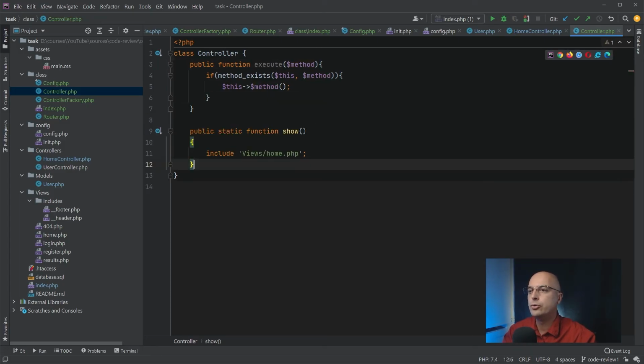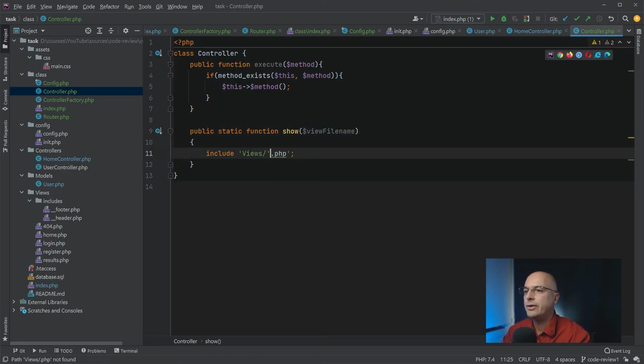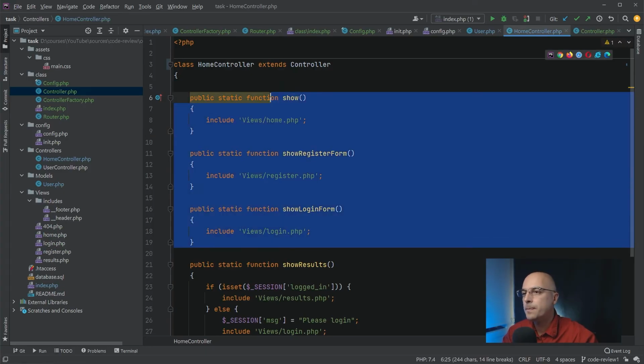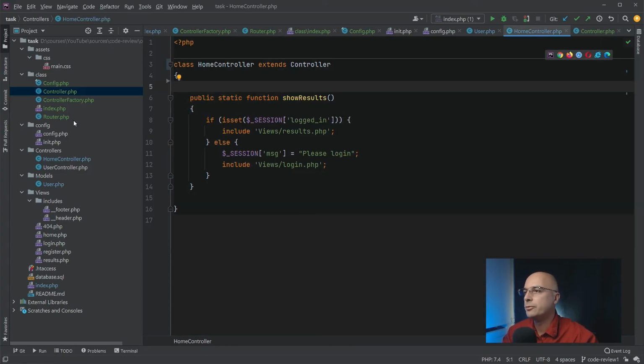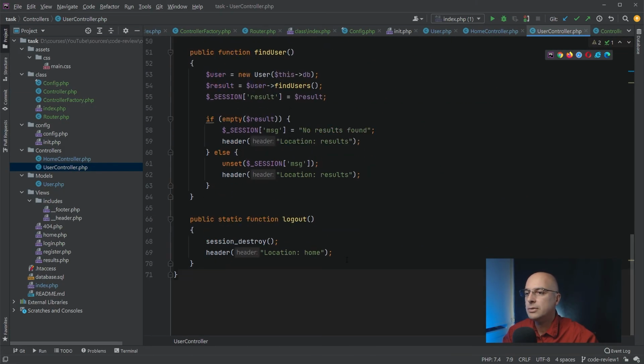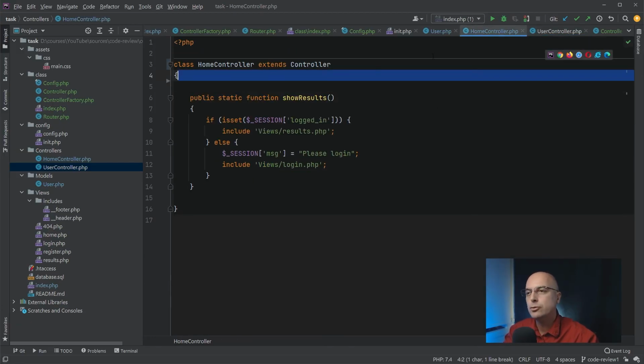Which will just show the view file name, whatever you call it, however you want to design that. And then we can just include that file here and remove all these methods from here and remove everything from the other controller, the user controller, that's not pretty much doing anything. Luckily here everything is being used, but we at least move something to the main controller because that way we're